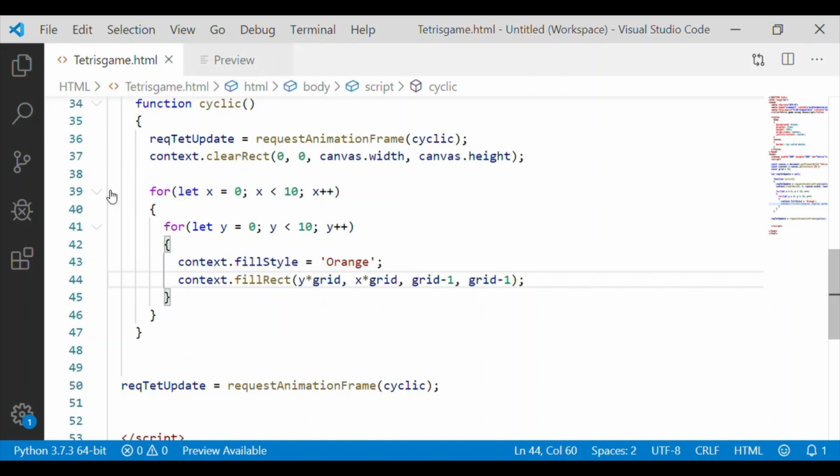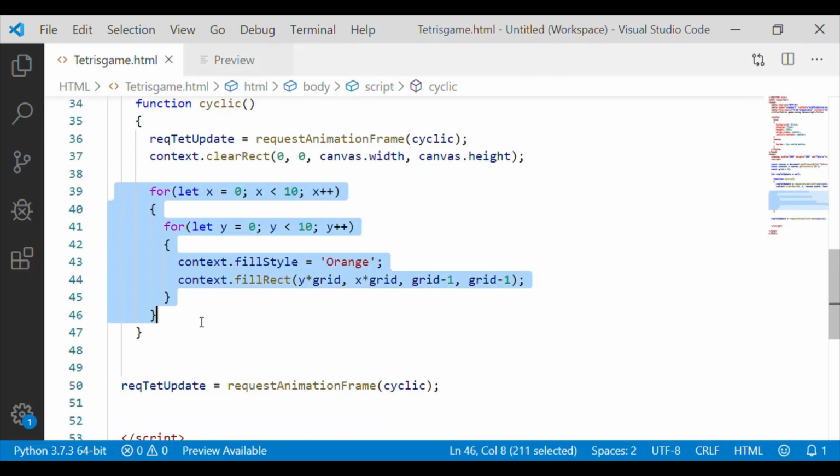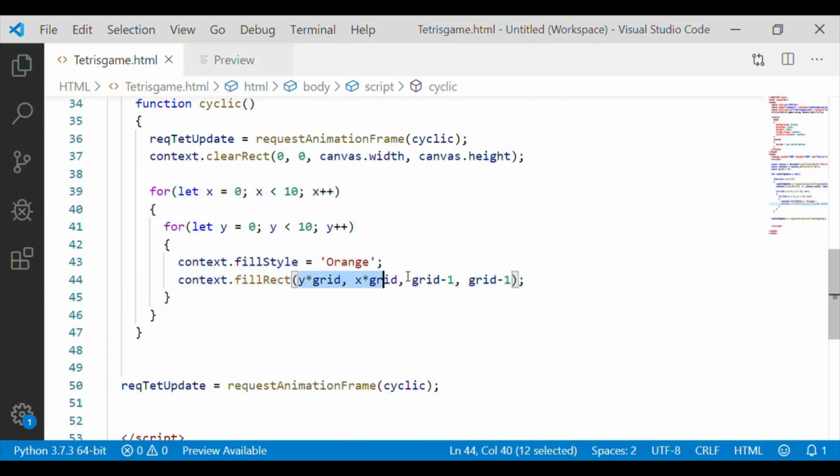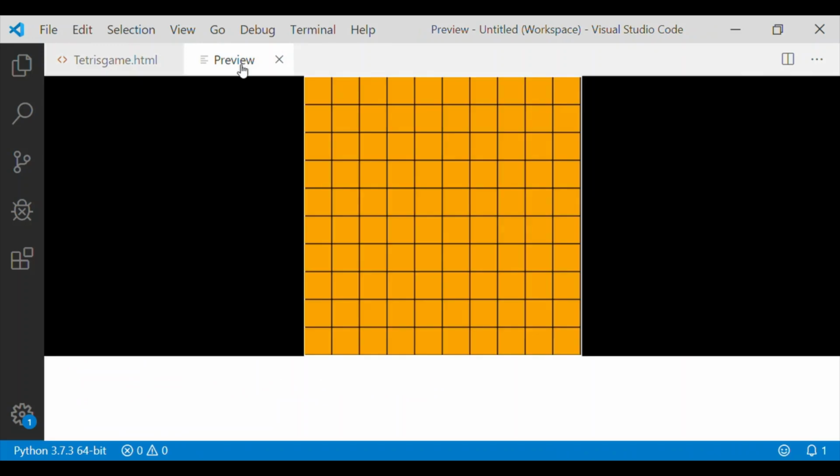As we recollect, we have given the background as black color for our canvas and also for the HTML body page. By filling the orange color just one position before the grid value, we see as if that black color is a border. This is of 10 columns and 10 rows.